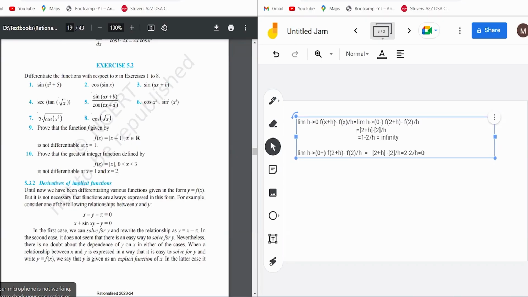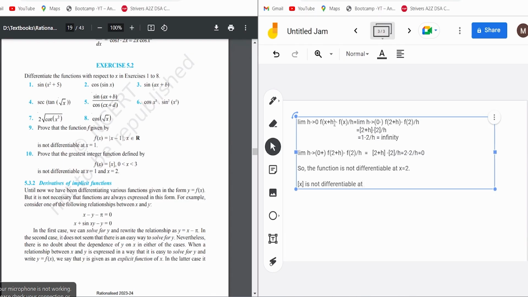Since again both the limits are not equal and even one limit does not exist, so we can say the function is not differentiable at x equal to 2 also. Even let me write it down for your information. Greatest integer function of x is not differentiable, not differentiable